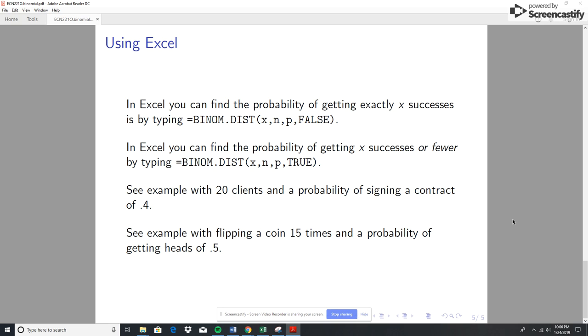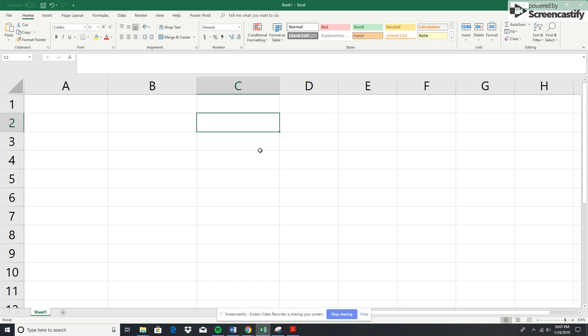So let's just look in Excel with a couple of examples. Let's use the 20 clients and the 8 successes that I mentioned before. And then we can also think of an example where you're flipping a coin and the probability of getting heads. So we'll change the probability to 0.5, and look at the probability of getting a certain number of heads. So let's just go to Excel, and if I look here, I go binom